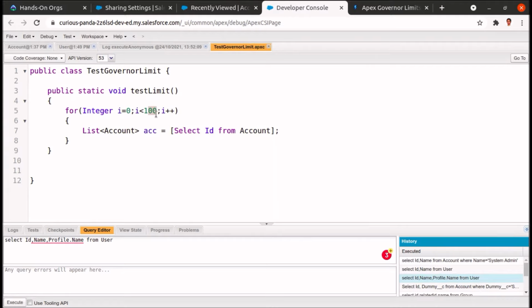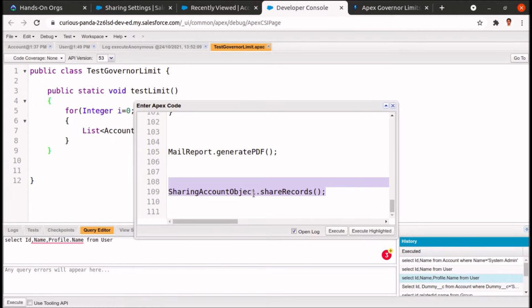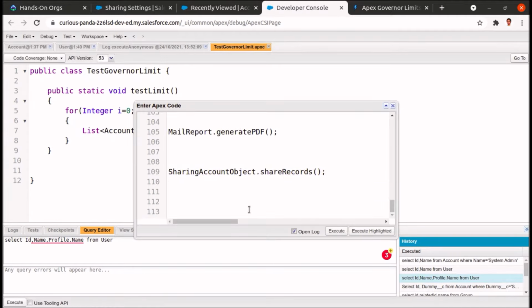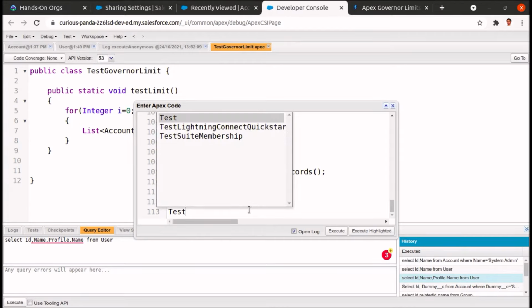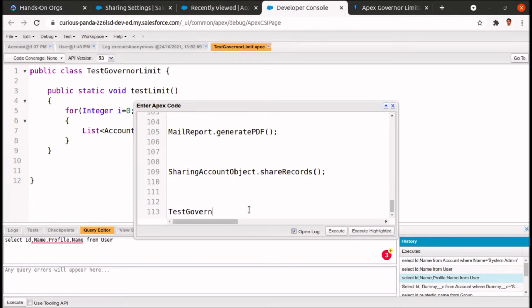The program will not work. So let's run it via our anonymous window, and let's do TestGovernorLimit.testLimit. Let's execute this.